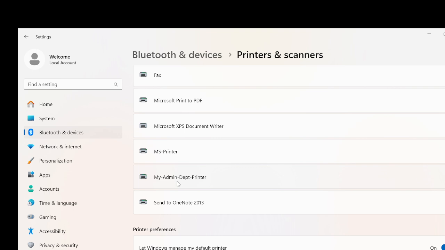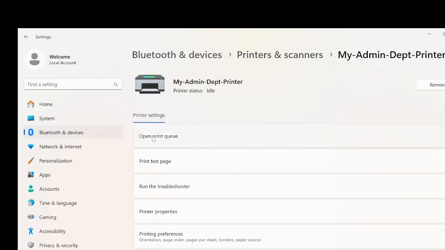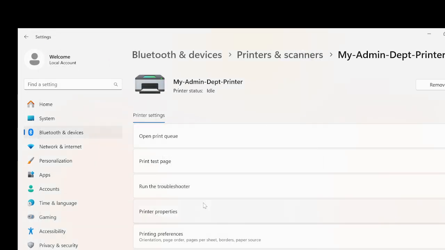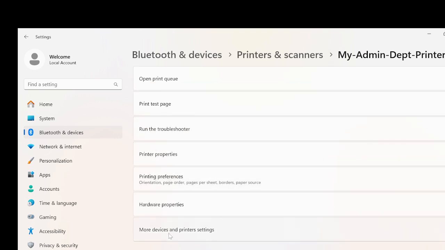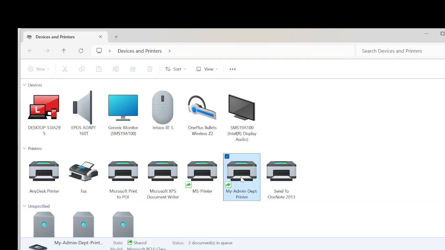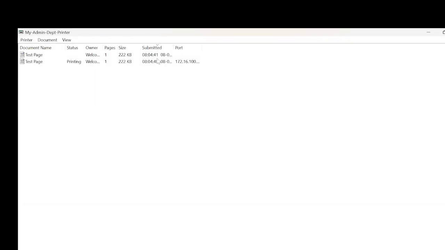Now what you can do, you can right click on this, double click on it, or you can go to open print queue, and then here again open. One second. You can just send a test printout, see, printer status, document sent to queue. Like that, and you can see what's happening there. Here, my admin printer, right click, see what's printing. You can see test pages given by whom, welcome, this is my username, what time, 8 o'clock 4 minutes